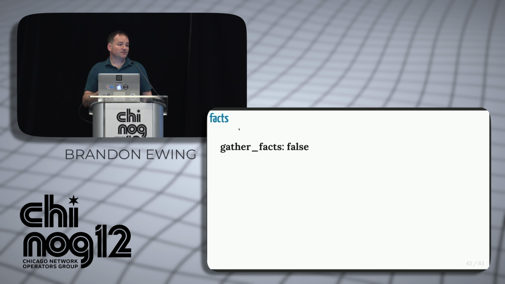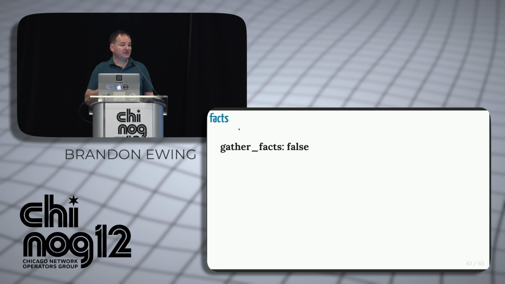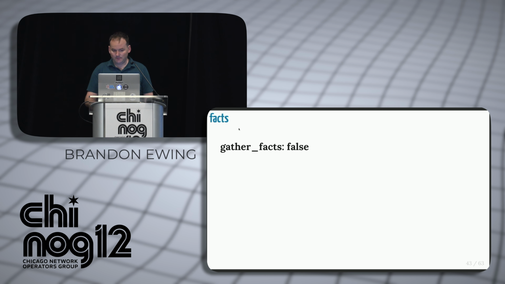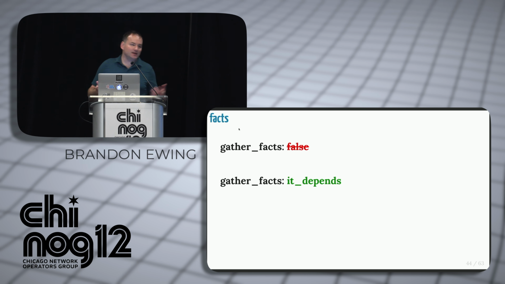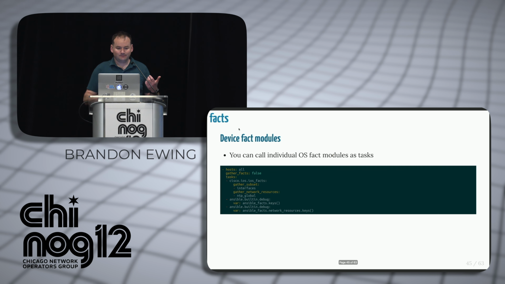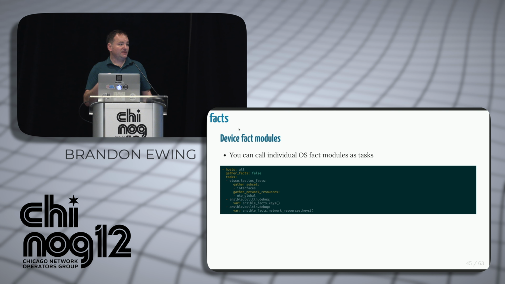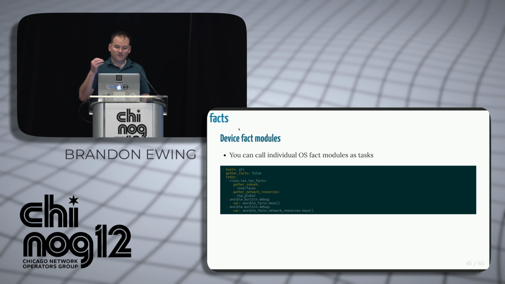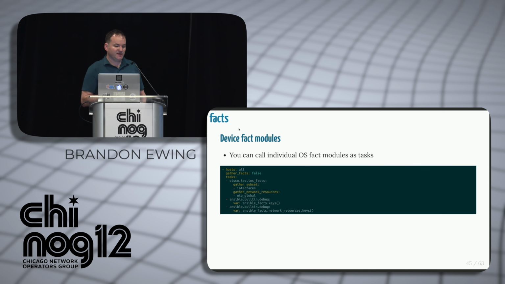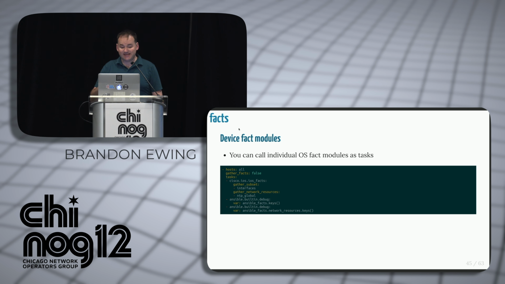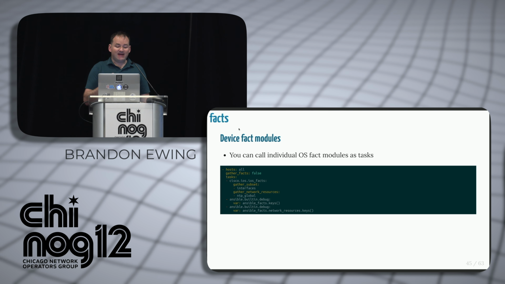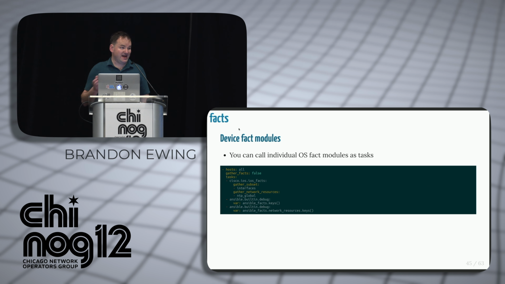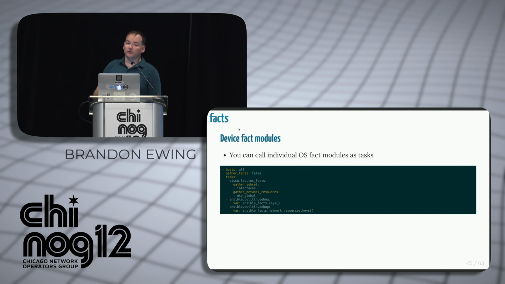So resource modules actually include facts modules for every specific vendor. It uses the connection that you're using to determine which one to run appropriately. So instead of gather facts false, it depends if you want to run it or not. As I stated, each device vendor has a specific fact module. You can call them individually as a task, as you can see in this example here. I call the iOS facts module as a task, because it is a fact interface that has some of the same options. You do gather subset, and you can pass in the Ansible standard list of subsets